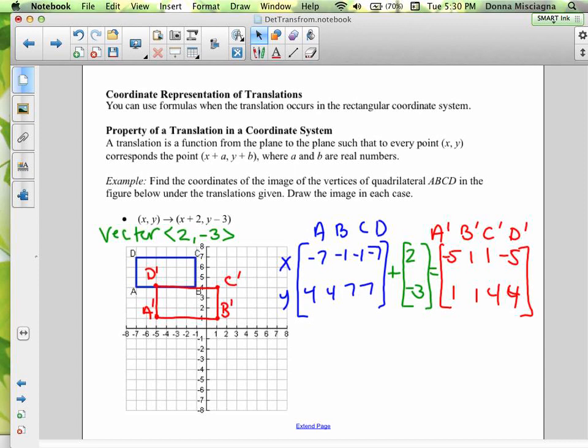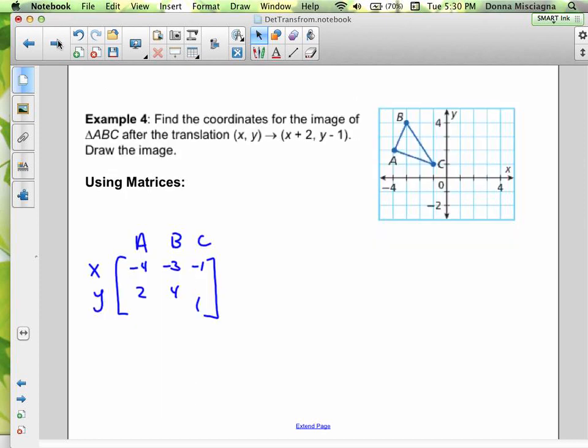All right, let's do another one. I think it's the next one that's in your notes. I think it is. I don't know. This one I think is the one in your notes. All right, so I don't think I have the